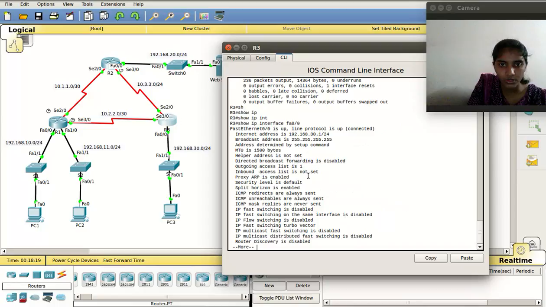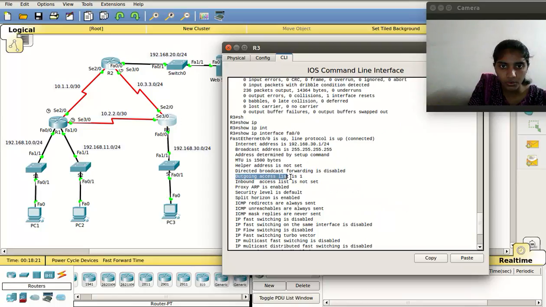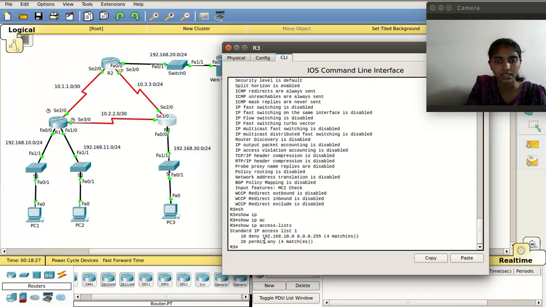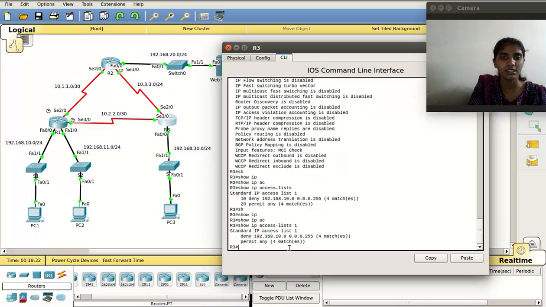Here we see again that the outgoing access list is 1 and inbound access list is not set, since we have not configured it. And we can again say show ip access-list. It will list all the access lists. Since we have configured only one, it displays only one. Again, if we say show ip access-list 1,